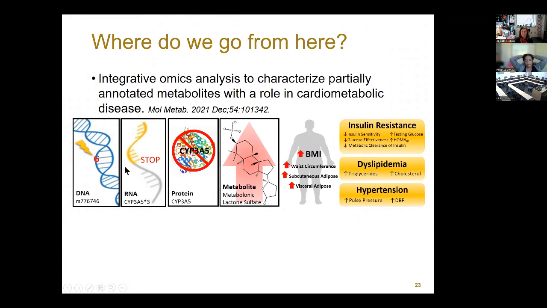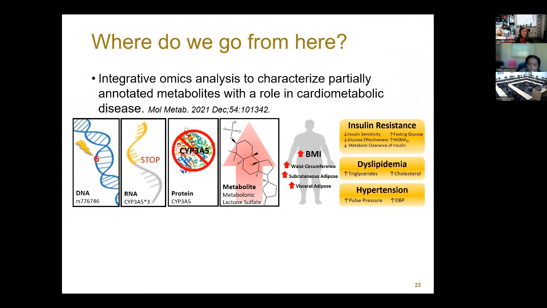that genetic predisposition through DNA, RNA, protein, all the way to our metabolite levels. And we found that when this particular metabolite, which was one of those that are partially characterized or termed unknown, was actually increased, we saw increases in adiposity and negative associations with cardiometabolic disease, including insulin resistance, dyslipidemia, as well as hypertension. And so that's one additional study that flanked off from this that we